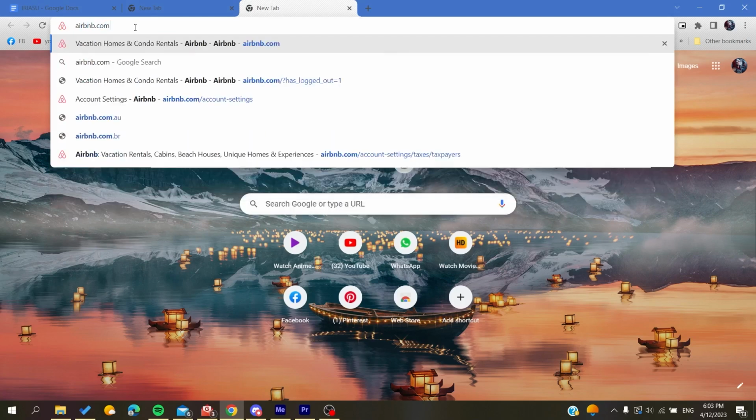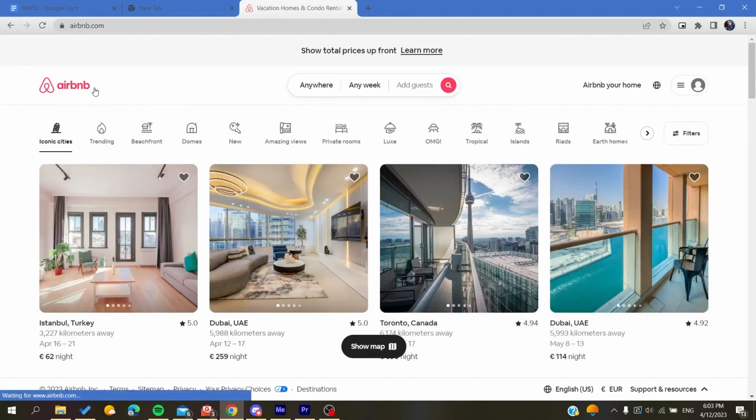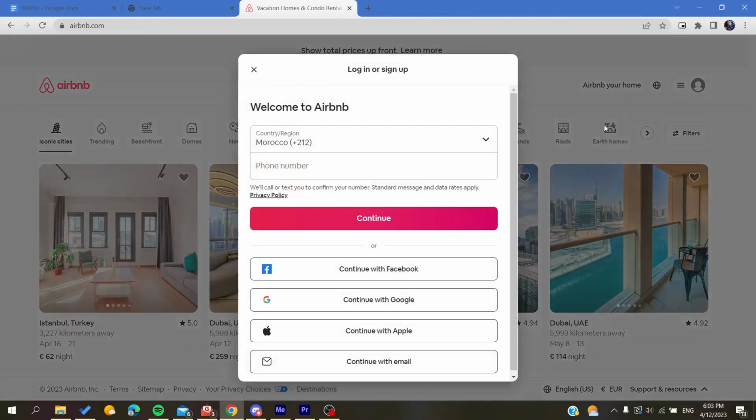airbnb.com. So after you click on it, you will be redirected to the Airbnb website, and then you will need to create an account. So basically you will need just to click on this icon here at the corner. You click on it, and of course you are going to click on sign up,